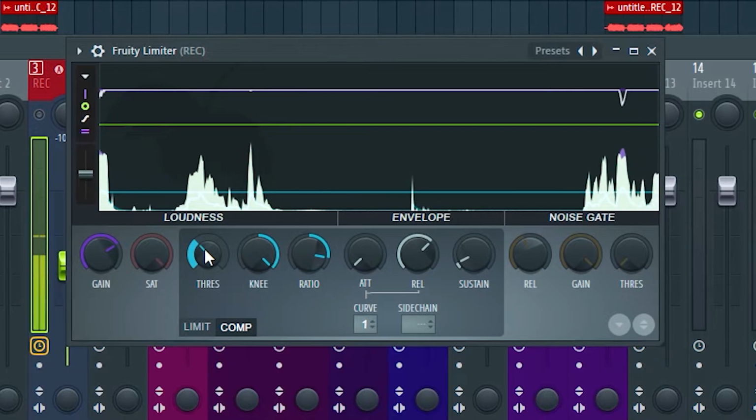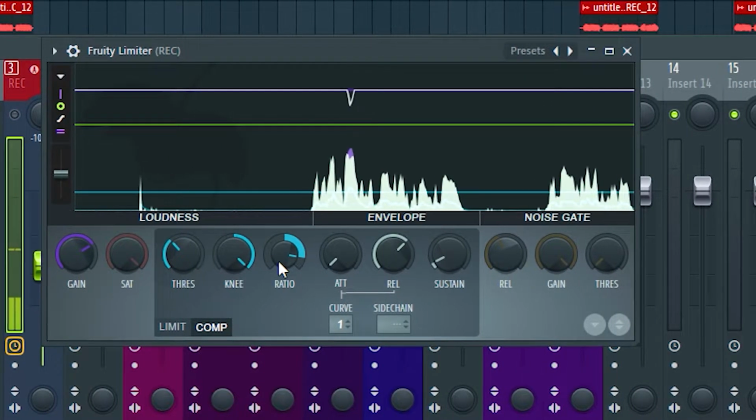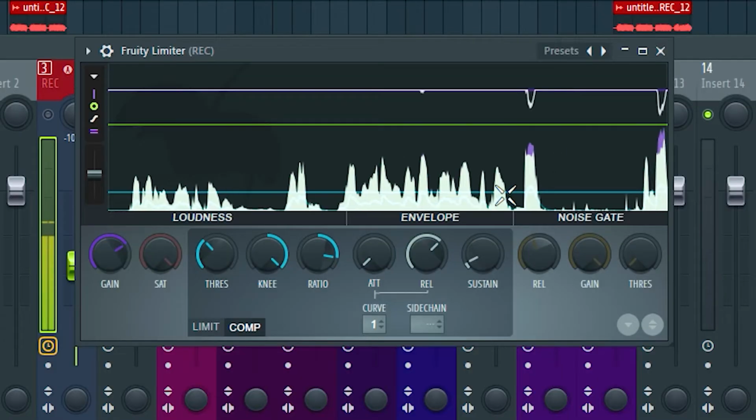And finally, I've got a Fruity Limiter for some compression. My threshold is at -16 dB. My knee is at 100%. And I've got a 7:1 compression ratio. That's actually really compressed. Generally only about 4:1, but I found as I was using this and singing, it wasn't actually being compressed at all. So I just bumped up the ratio until it was compressed to the level that I like. Now this is very overly compressed, and it would probably depend on what type of song that you're making,